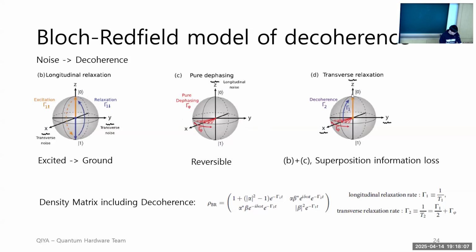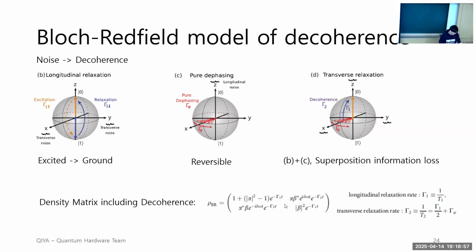Then we can also make the transverse relaxation model of the superconducting qubits. It can cause decoherence and phase noise here. So we can construct this density matrix including decoherence. We can insert this term and this term in the density matrix. We can easily find that the 0 times 0 element is exactly the same as this density operator, and it is gradually decreasing by this longitudinal relaxation